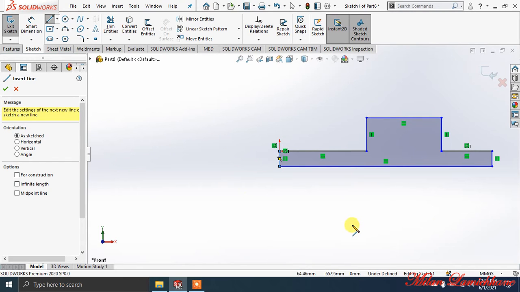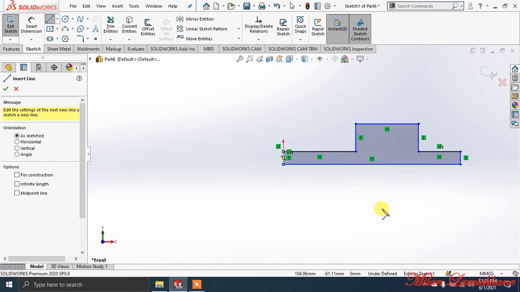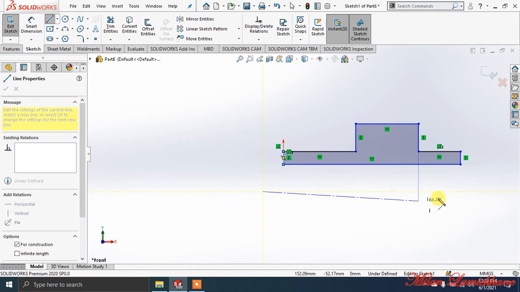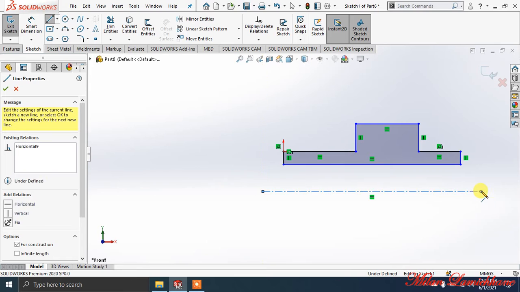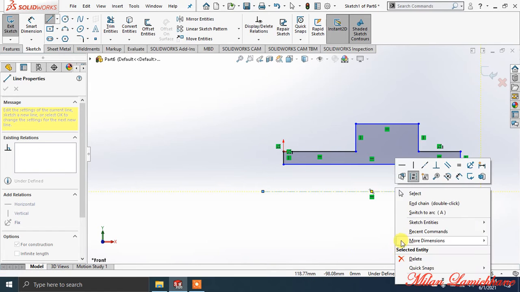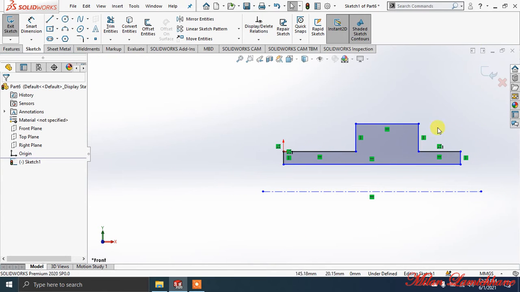Click on OK. Now to use this revolve command manager, you need one axis line and a surface. This is our surface, and for the axis line, go to the line command, use a center line and make a center line like this. Right click, OK. Now our surface, this diagram, is completed.